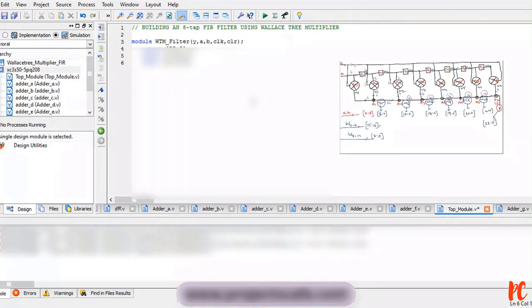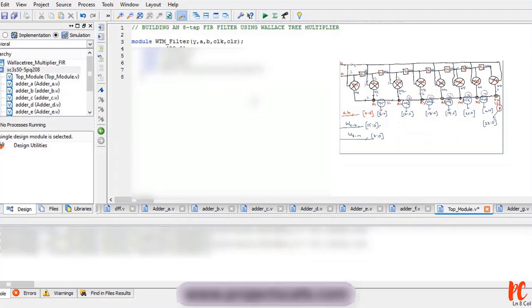Now I need to talk about wires. Wire which ranges as 16-bit, starting with W0, W1, W2, W3, W4, W5, W6 and W7.